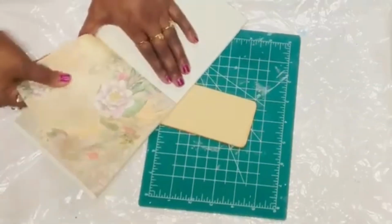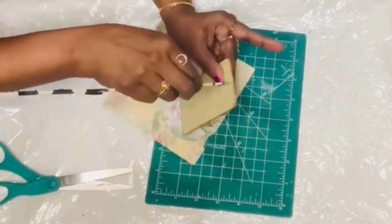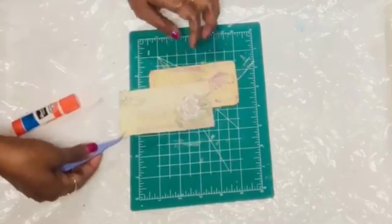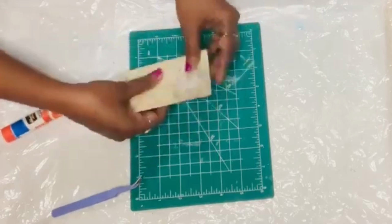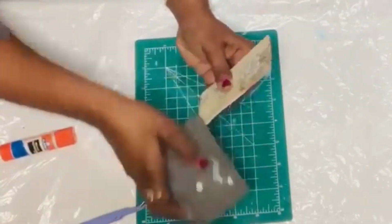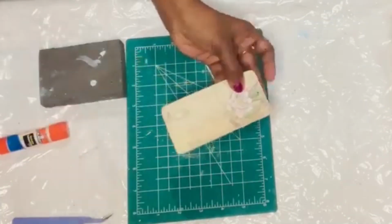Now I'm going to select one of these beautiful stocking papers which has vintage floral designs, retro flowers. So I'm just going to take a generous amount of glue stick on top of the tag. One side I just left the leathery textured paper, and on one side I'm going to stick this floral design. And after I stuck it, generously applying the glue stick, now I'm going to use this sanding stone to remove any